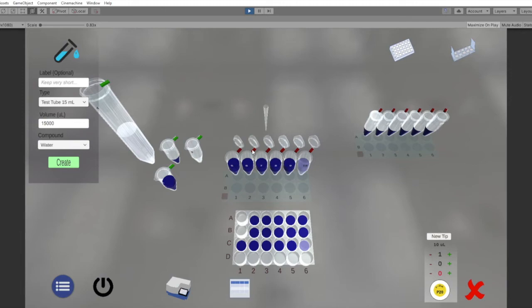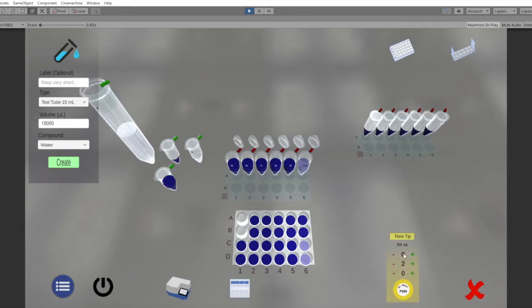Now, because the liquid handling is well simulated with the carryovers and the residuals, it means that you're going to get very authentic aliquots being taken and mixed in the pipette. So if you don't use a new pipette tip, then you can get some really bad contamination, which is very good practice. Now, having put all of those samples in, I'm going to top up the volume to 200 microliters